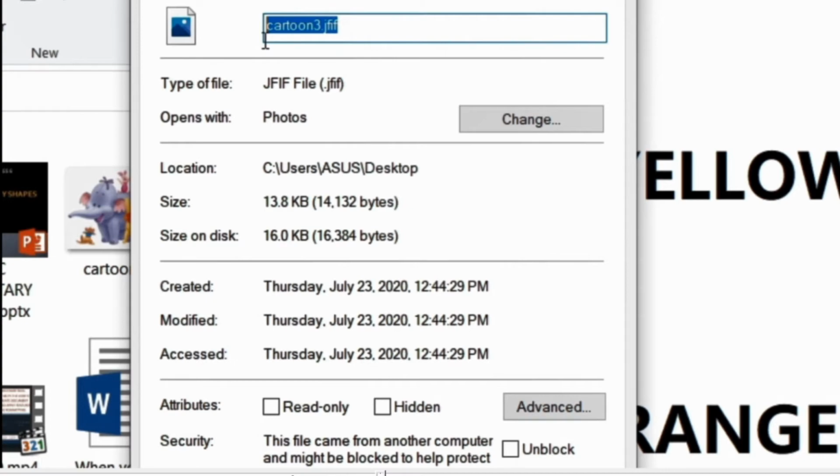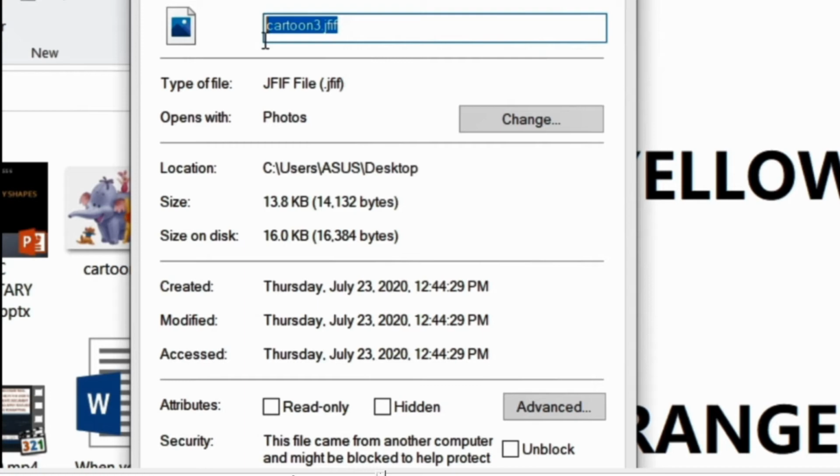I will tell you afterwards why I am doing this, because see what has happened here. This is on my desktop folder also, and the same image I have also saved in other folder also. So now you will learn what is the problem if you directly select the image name. Now I have copied.